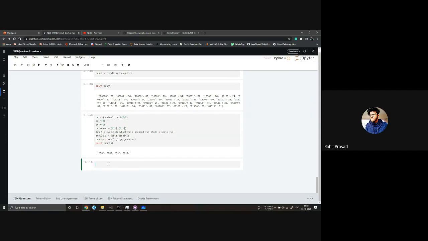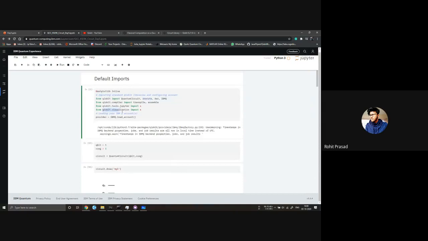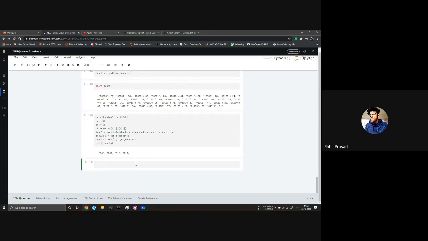Okay, so what we do is we plot a histogram out of this. As I told you earlier, Qiskit.visualize, import star, has an inbuilt histogram plot for this. So we write plot underscore histogram.